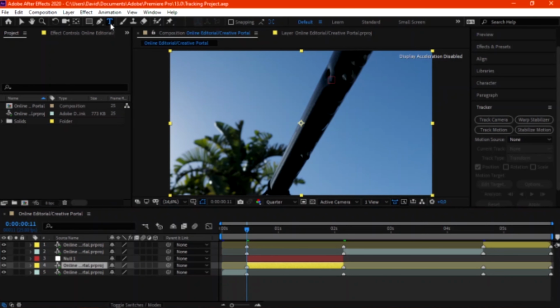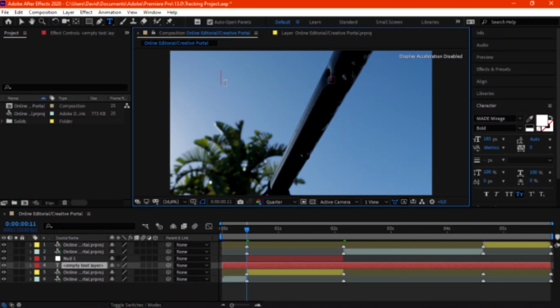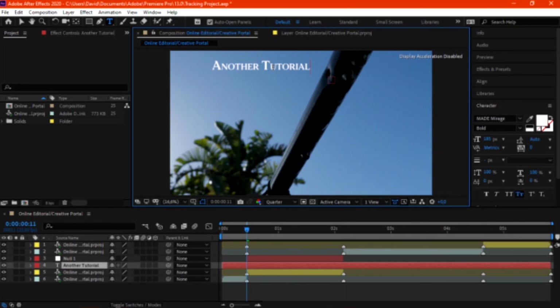Then your tracker basically is done tracking that specific area that you've selected using the tracking option. So in this case, I'm gonna firstly type in the text. So let's just type in another tutorial. So we're going to be tracking this text. It's going to be moving together with the clip.